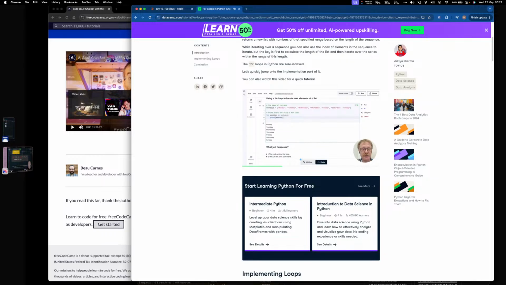Let's examine what just happened. First, when the code entered the loop, weekday was set to the first element of weekdays. That is,